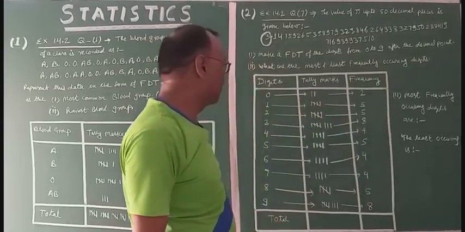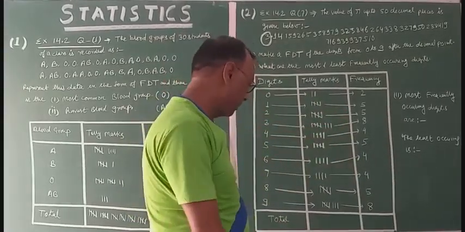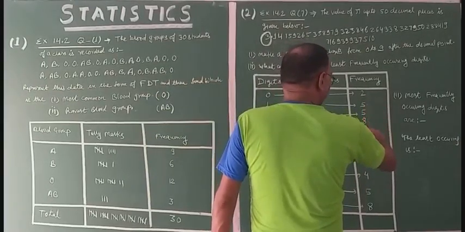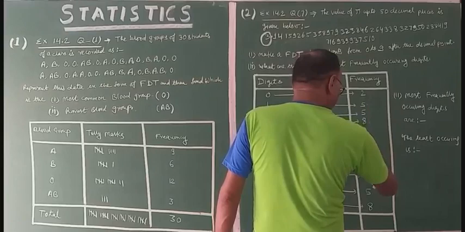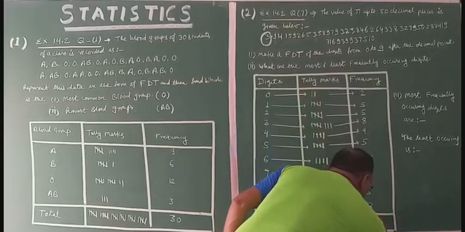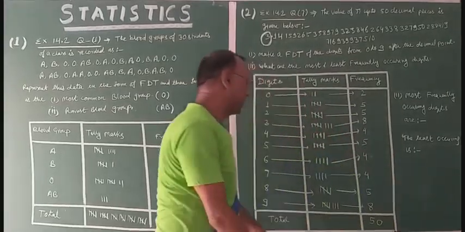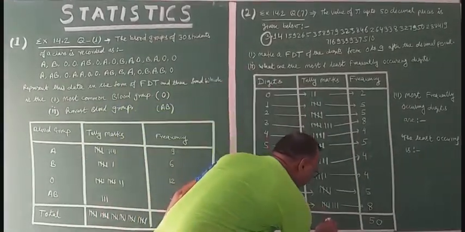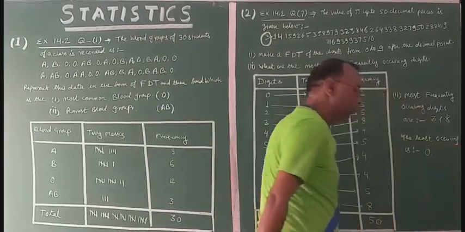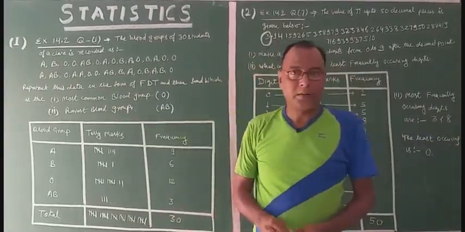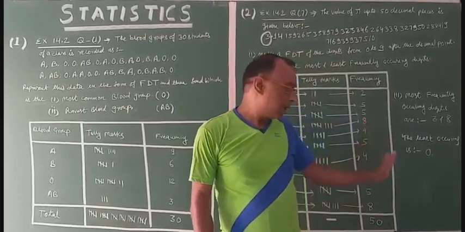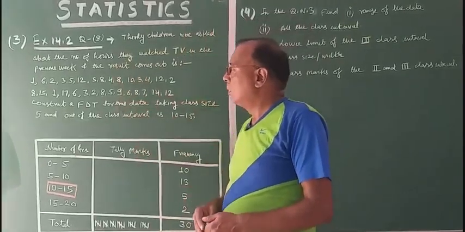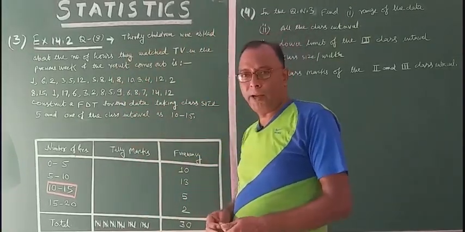Now you have to write the total. So just look here. Just count them. 5, 7, 12, 20, 24, 29, 33, 37 and 50. Here you can also draw, otherwise leave this column blank, no problem. So in this way we can construct this frequency distribution table. Is it okay? Next question, which is question number 8 of exercise 14.2.